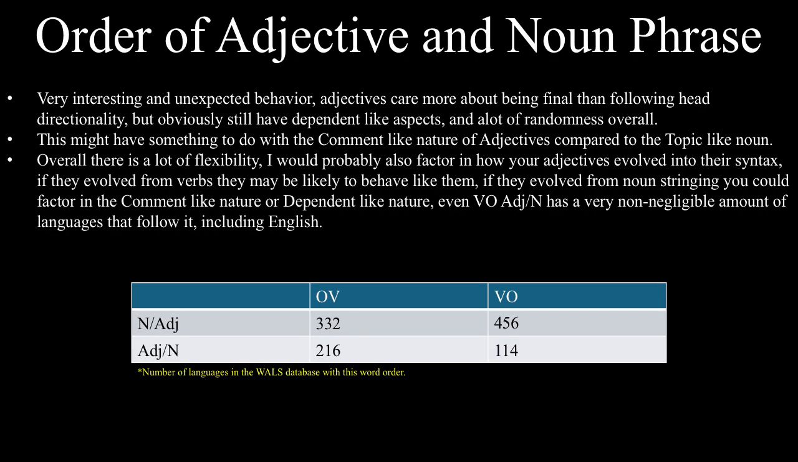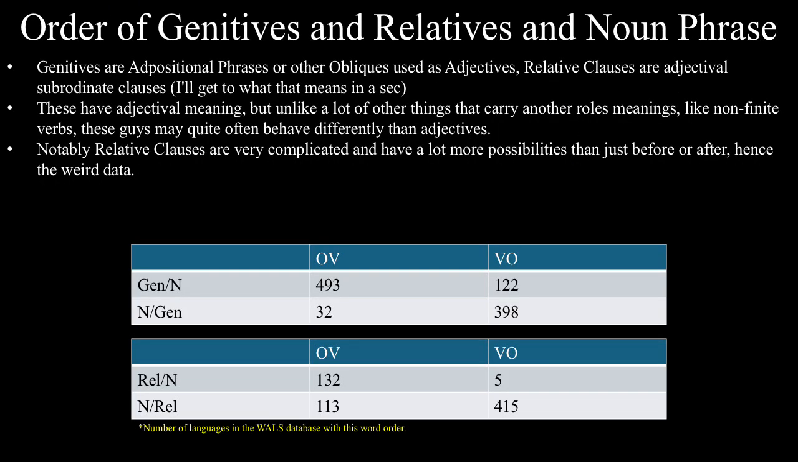Now there's the relationship between adjective and noun phrase. Despite seeming more dependent-like, adjectives generally care more about being word final. You might want to factor in whether your adjectives evolved from verbs or nouns when you think about their syntax. They do have a non-negligible dependent-like tendency, though, and a lot of random variability, likely due to their multiple means of evolving. Relatedly, there are also genitives, which are adpositional phrases used as adjectives, such as "the cost of war" or "the dog with a tie,"